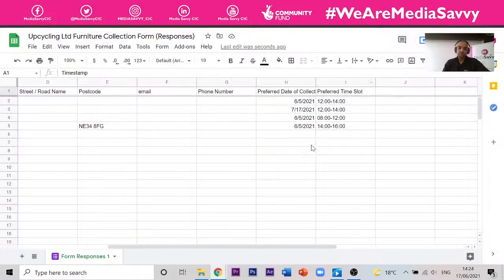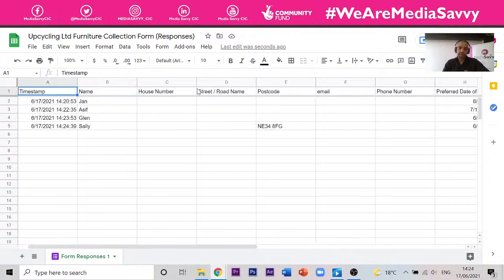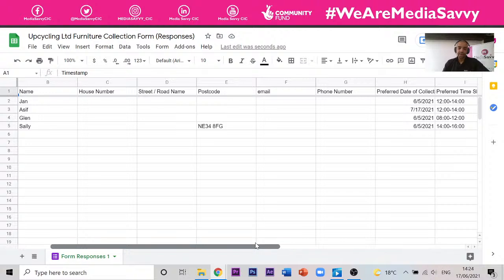The reason why I wanted to do a few more, as you can see, is I've put a postcode in there and the others haven't. So you can see how valuable the information is. Now, if you're creating a form like this, you would be careful about the required fields that you put in. You want to make sure that you're getting the information that you want. So you really need the house number and postcode so you can organize the collection in this case,